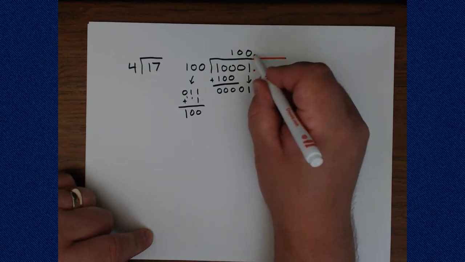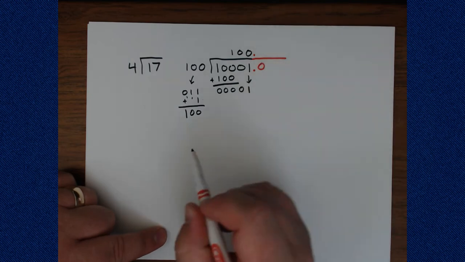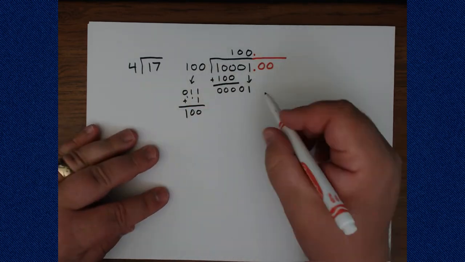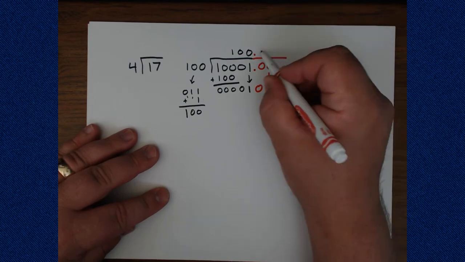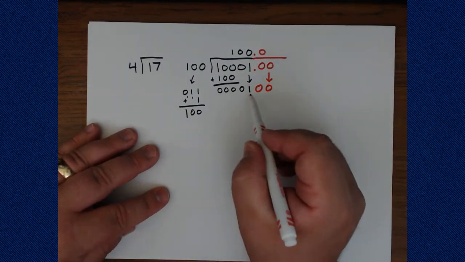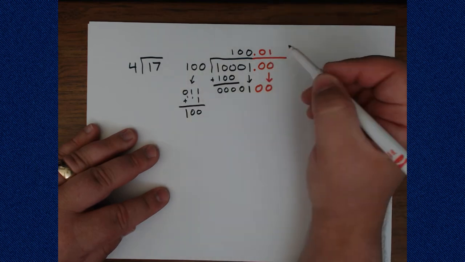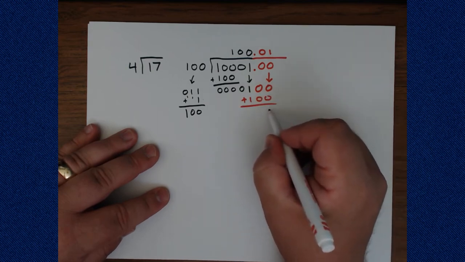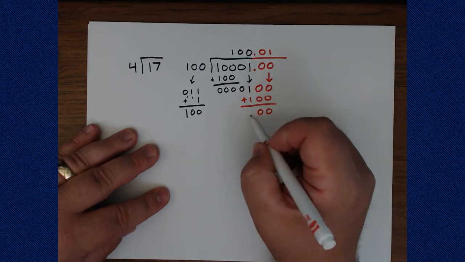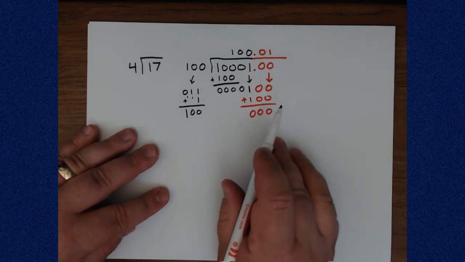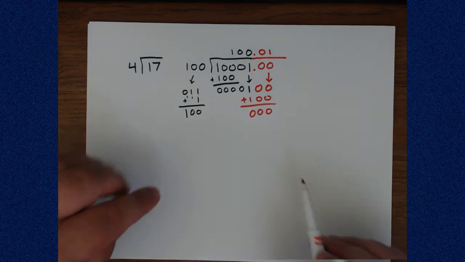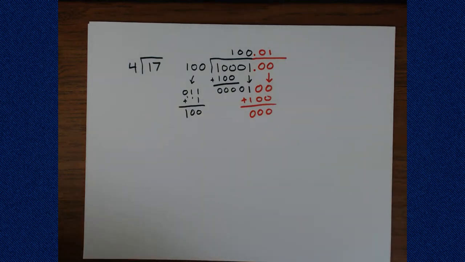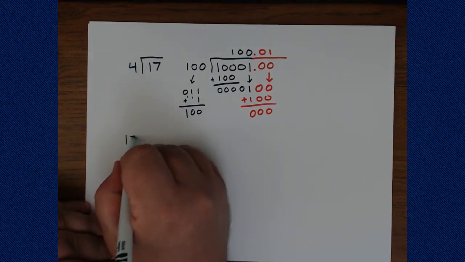So we're going to go ahead and introduce the radix point and start adding some zeros. Now I know because I have a 1 here and that's it, I'm going to need at least 2 zeros to have 3 digits for my 3-digit divisor. So here they are, and that means we would have gotten a 0 here. And now we have 100 divided by 100. That goes in once. So we will add this to find our remainder. We'll get 0, we'll get 0, and then we'll get 0, carry the 1, but we're only going to keep the bottom 3 bits here because our divisor is 3 bits. And now we have a remainder of 0, so we can stop here,